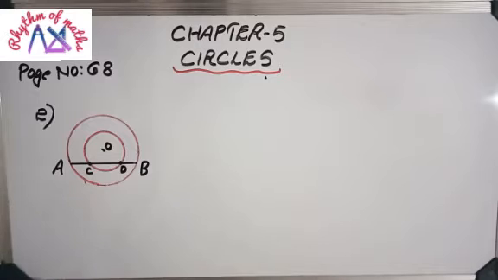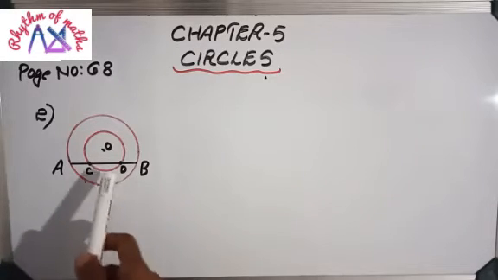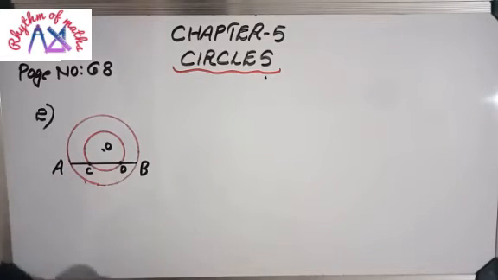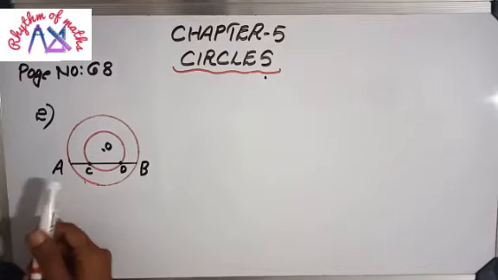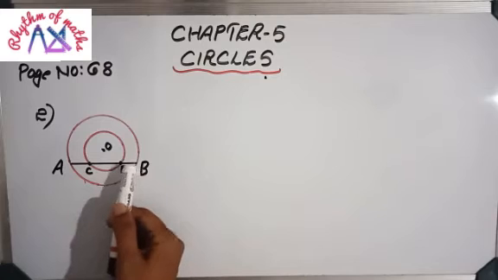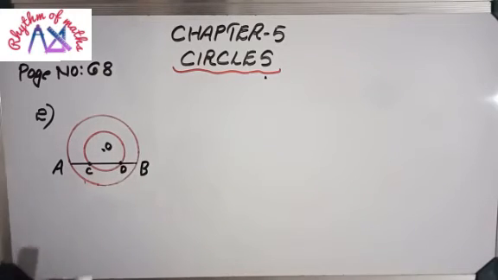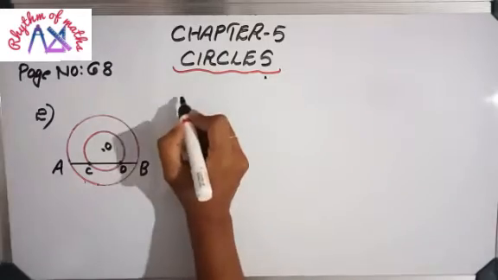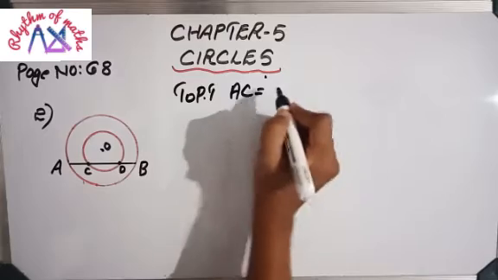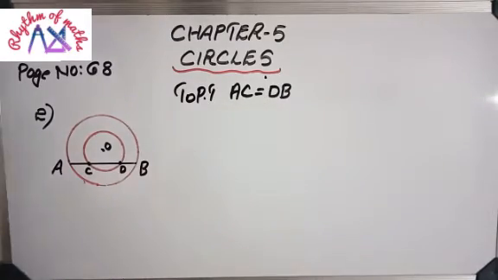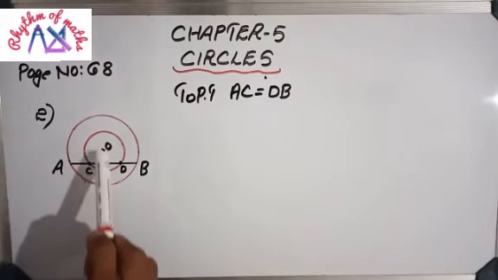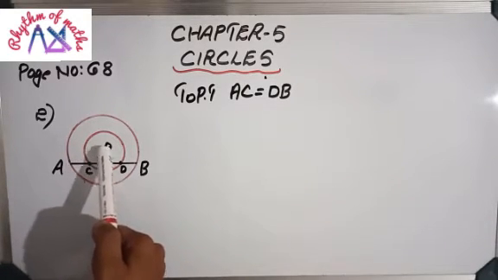The question is, prove that the line between these two circles is the same on both sides. That means the portion between the two circles on the first side is AC, and on the second side is DB. These two must be equal. So we need to prove that AC equals DB. For that, we know that the perpendicular line from the center to the chord